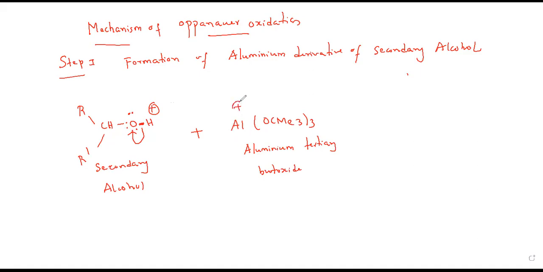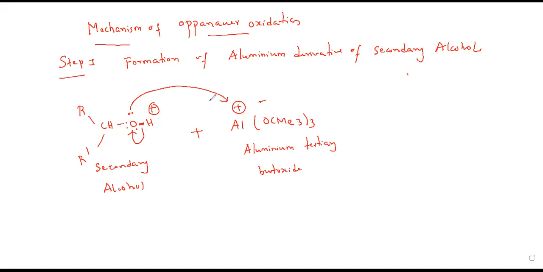Now, this aluminum will get a positive charge here, okay, and this entire tertiary butoxide group will get a negative charge because aluminum will have the least electronegativity, okay. So therefore you can designate it by a positive charge. Fine. Now what happens is, to stabilize or to nullify the positive charge on aluminum, oxygen will donate the electrons